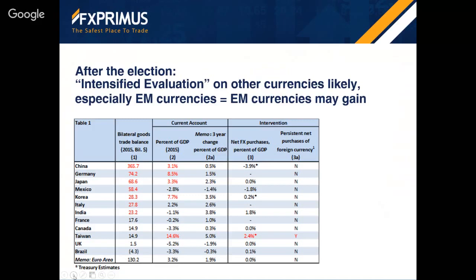But I think either way, either candidate is going to focus more on other countries' foreign exchange policies. And that could be difficult for China, that could be difficult actually for Japan, definitely for Taiwan. There's more focus on what emerging market countries in particular are doing to keep their currencies from appreciating. That may force them to intervene less and may allow their currencies to appreciate more. So we could get a rally in emerging market currencies based on this.